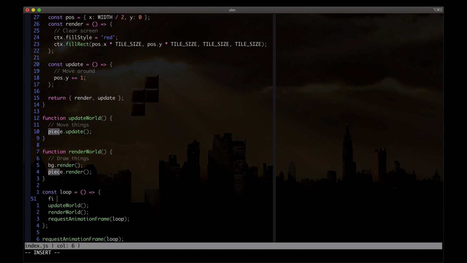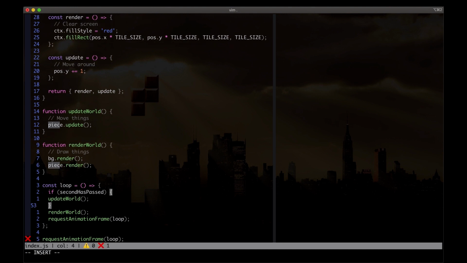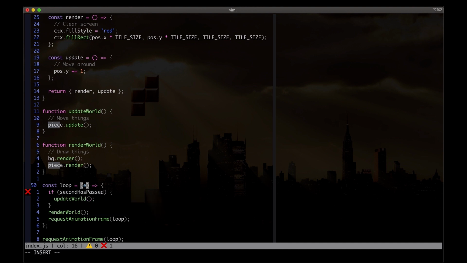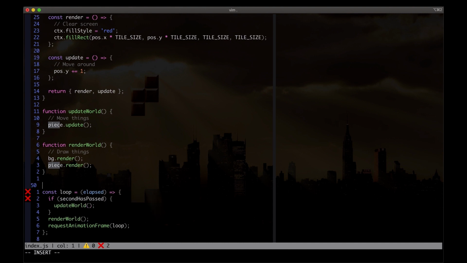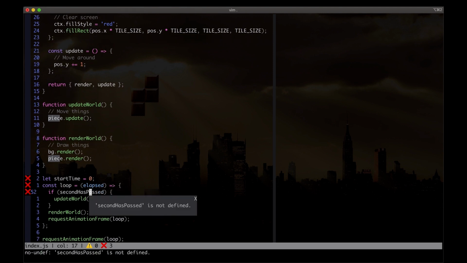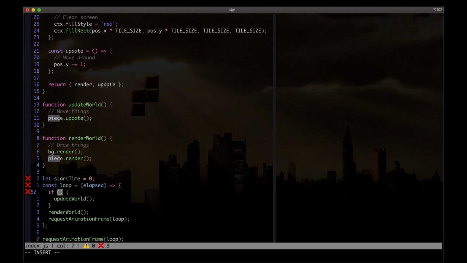So we'll say if second has passed, and I'll define that in a minute, we want to update the world. And how do we do that? So what's second has passed? Okay, so now we're going to want this elapsed, and we're going to want start time. Start time is going to be 0. And so what are we going to check? So second has passed is going to be